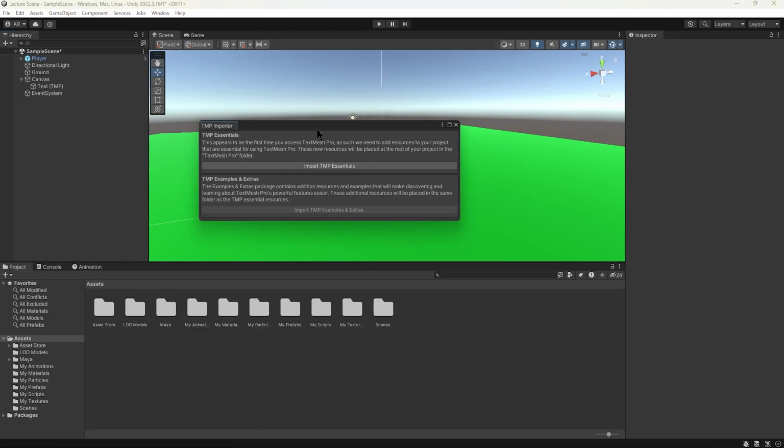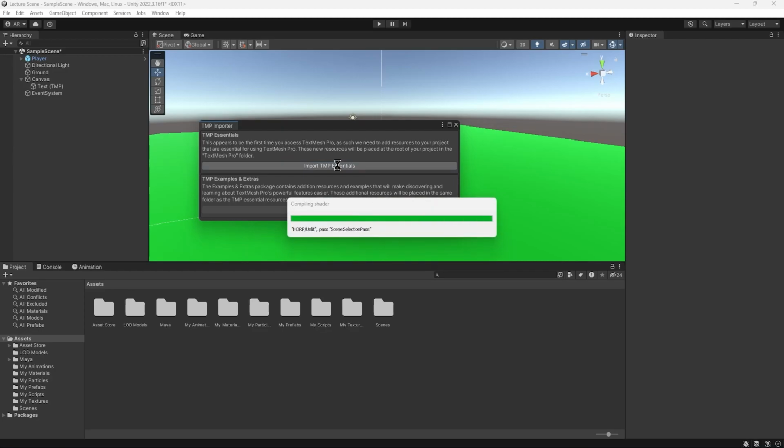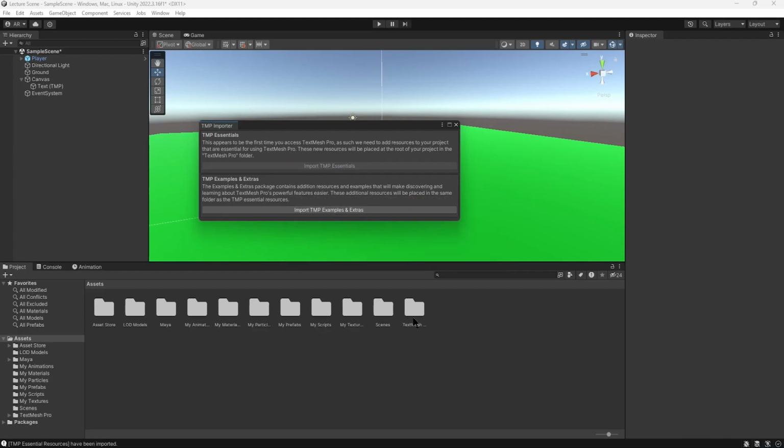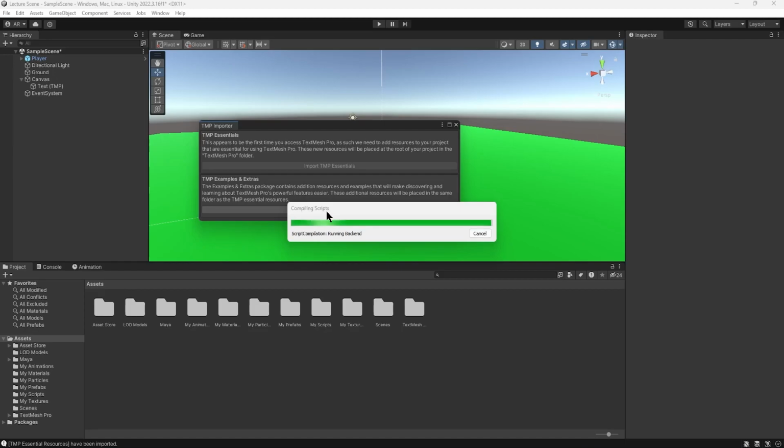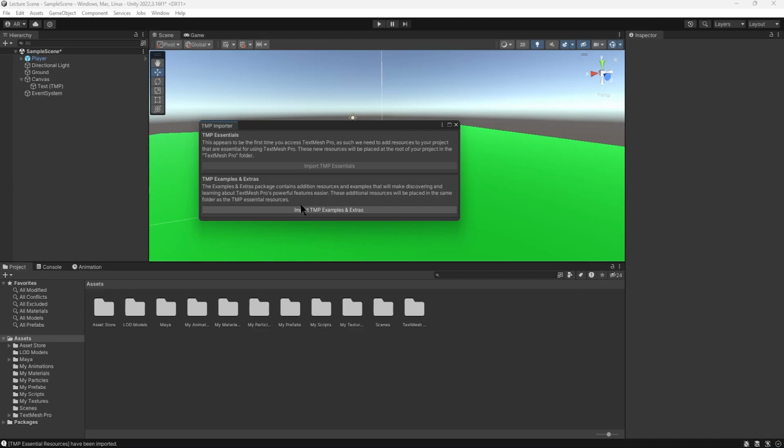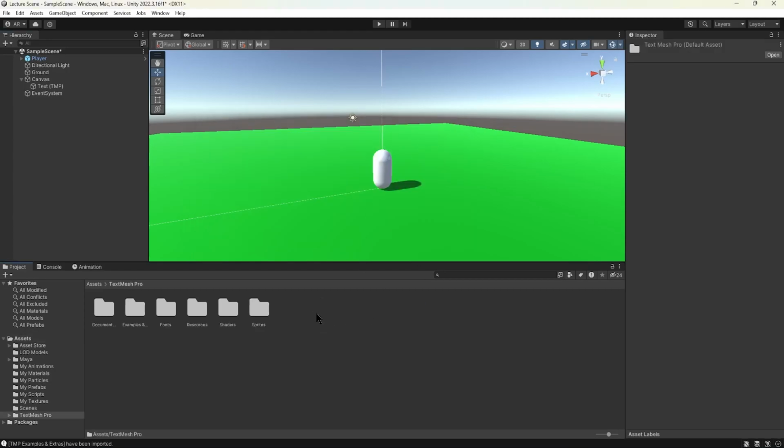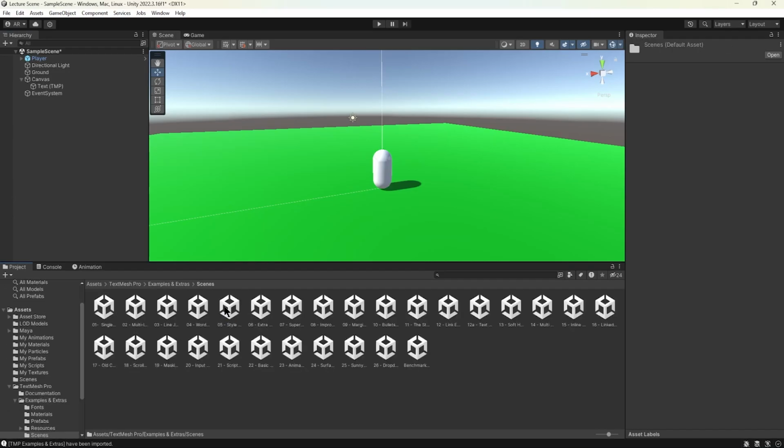We're going to import the TMP Essentials right now by clicking on it. And there we go. We have a whole folder here with Text Mesh Pro created. You can also download the examples and extras. You don't have to. I'm not actually going to use them for this video, but if you wanted to take a look at some of the examples and samples that they have set up for you, then you're welcome to check those out as well. I'm going to close this. We can open up the Text Mesh Pro folder if you wanted to. We have a whole bunch of example scenes that